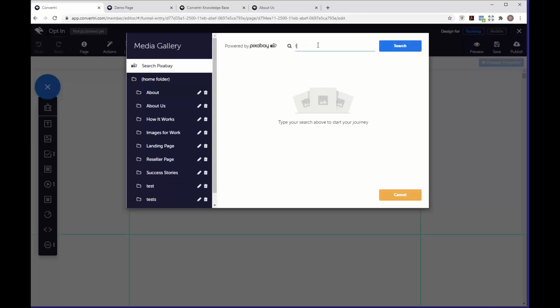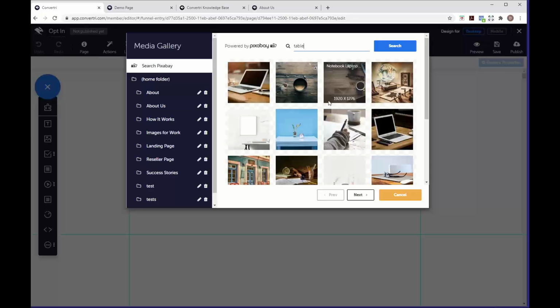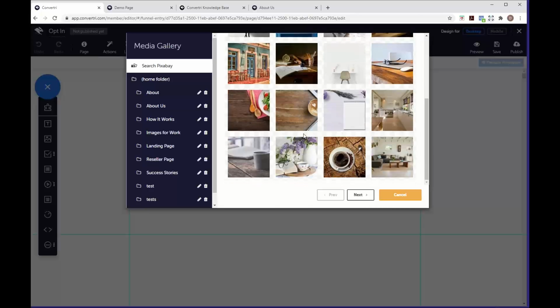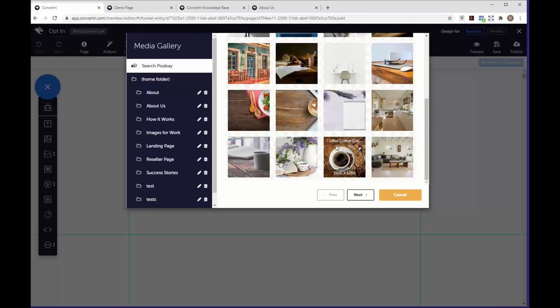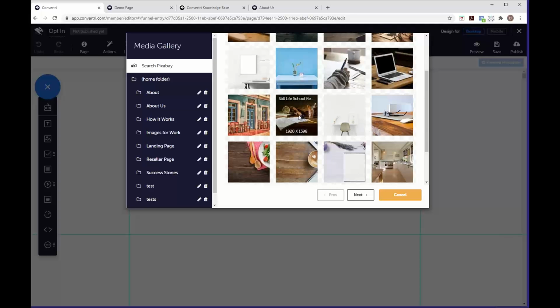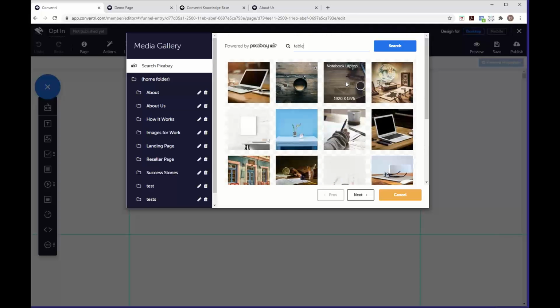So someone said a table. So let's search table. And as you can see, it's come up here with a variety of different images relating to the word table. And these will all be taken straight from pixabay.com. So if you were to go to their website and type in table, it'd bring up pretty much the same selection of images. And this is all built into Convertri. So if you wanted to add one from here, you can obviously do that for free. You don't need any